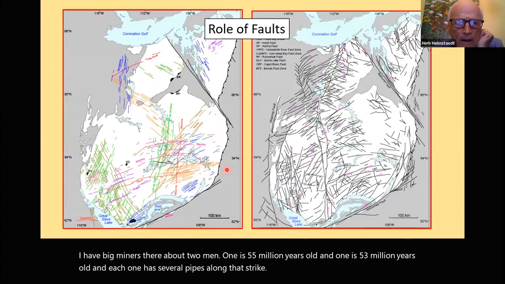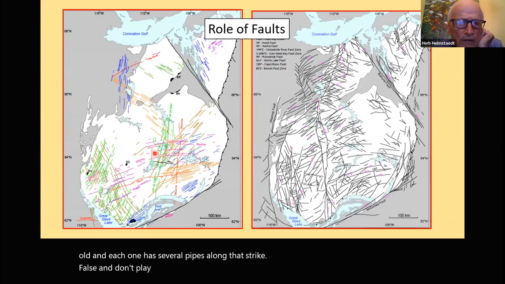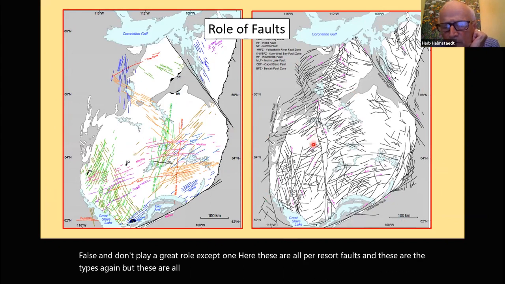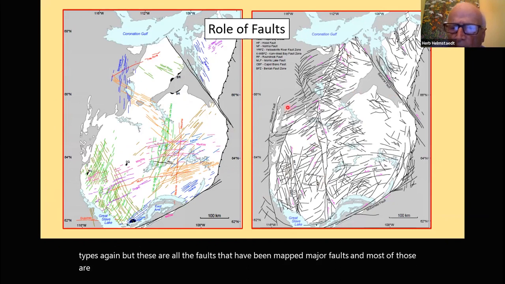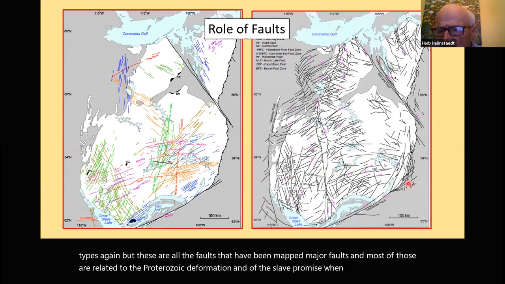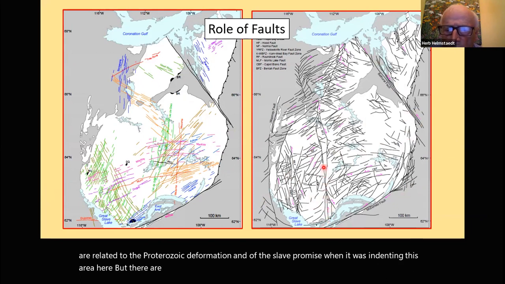Faults don't play a great role, except one here. These are all Proterozoic faults, and these are the dikes again, but these are all the major faults that have been mapped. Most of those are related to the Proterozoic deformation of the Slave Province when it was indenting this area here. But there are some Archean faults that have been remobilized, and amongst them is this important one